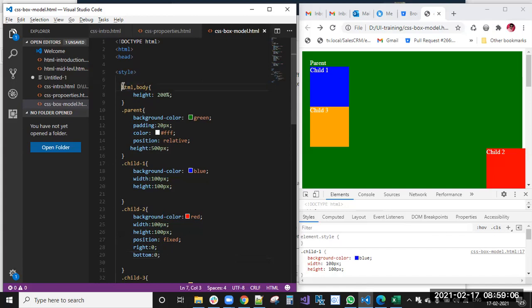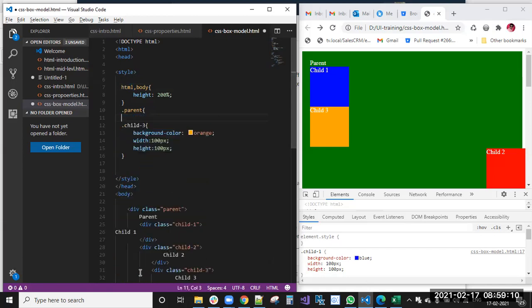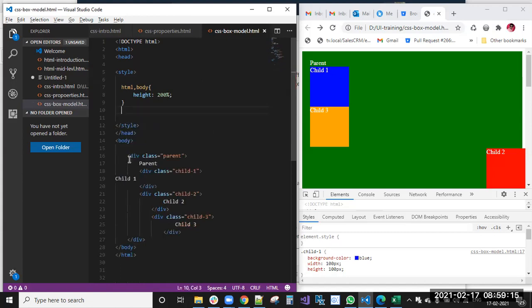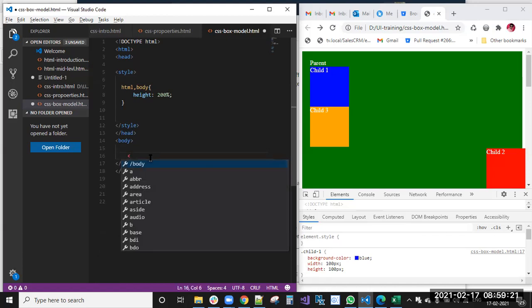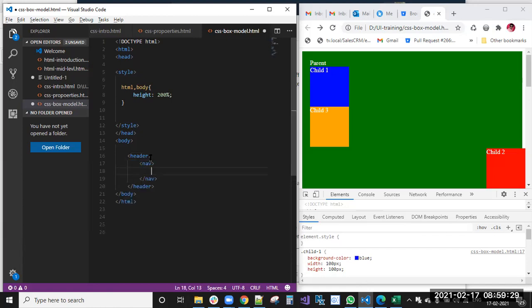I'm removing all these children. Generally, where we use position fixed and position sticky is in nav bars. I'm writing a header, inside that a nav bar, and inside that ULs and LIs.